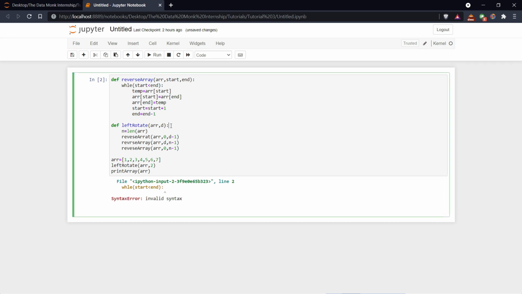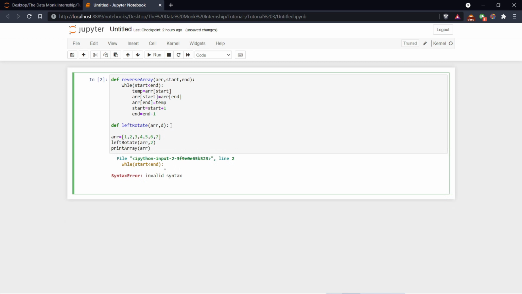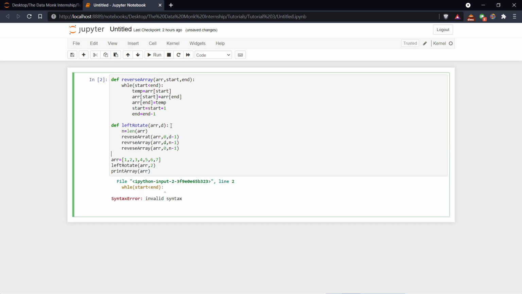So we'll have indentation problems here. Let us cut all this text and paste it after we have the right indentation. Now this will work better, and same with the above function.